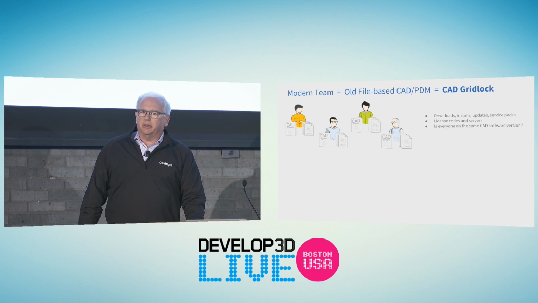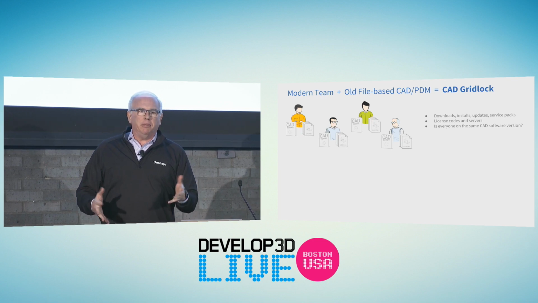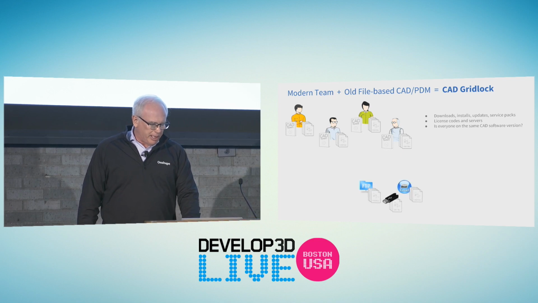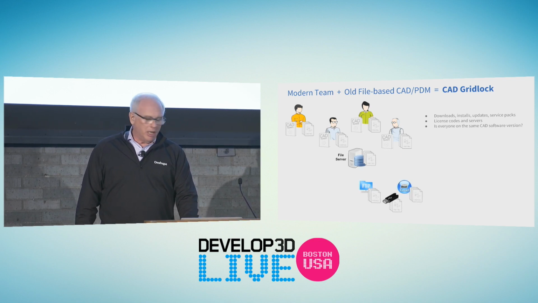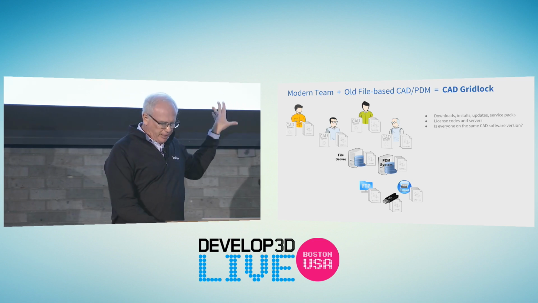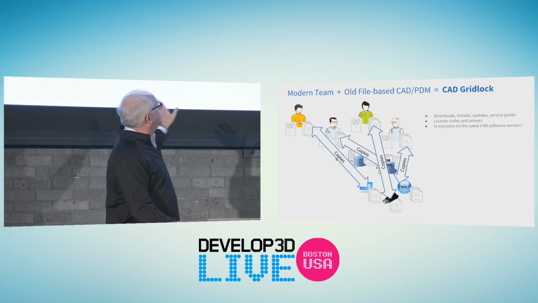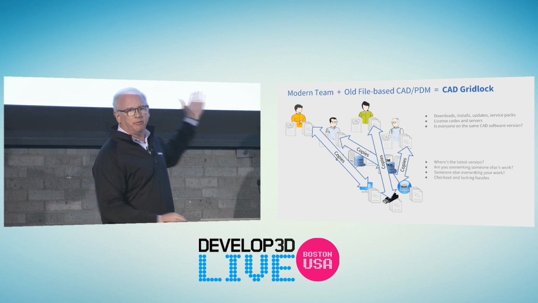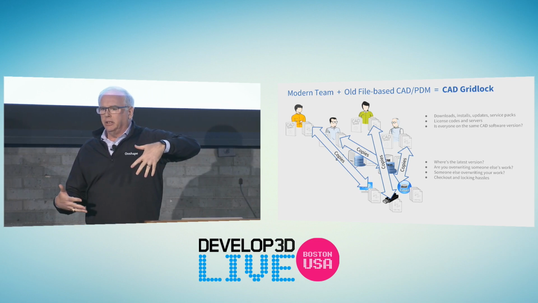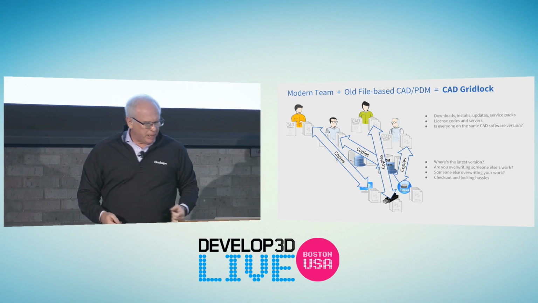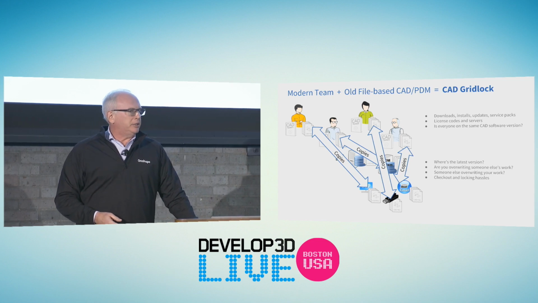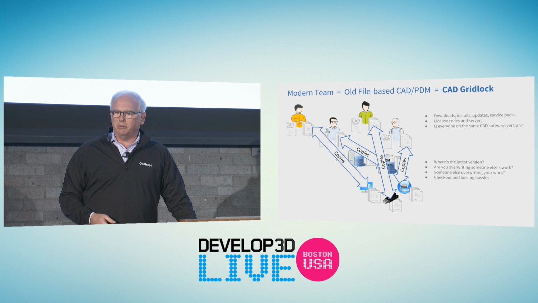And then there's the files. In order to work, people need a copy of files. No matter how you copy them, you can send them by email or FTP or USB drives. You can put in a PDM system, another server, install that, and put your files there. No matter how you do it, there's copies everywhere. And as soon as there's copies of files, there's problems with copies of files. Where's the latest version? Can I make a change, or are you going to overwrite my change? Checkout and locking, those sounded like good ideas, but they're not.